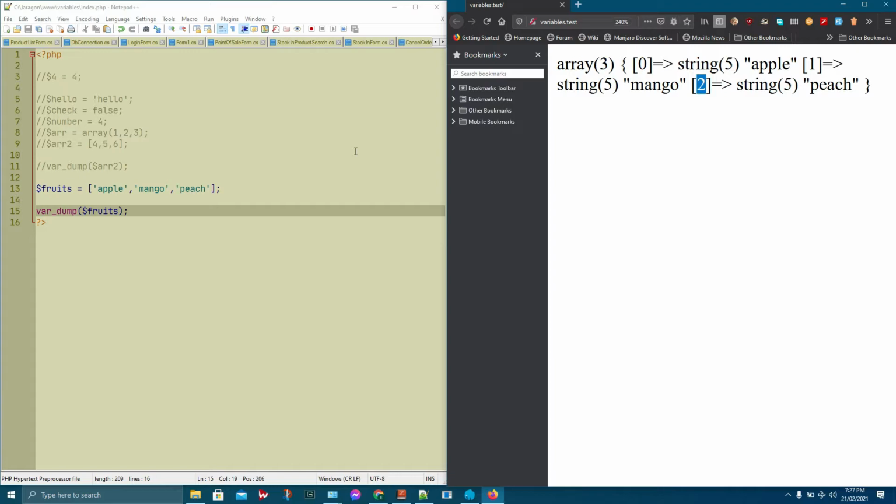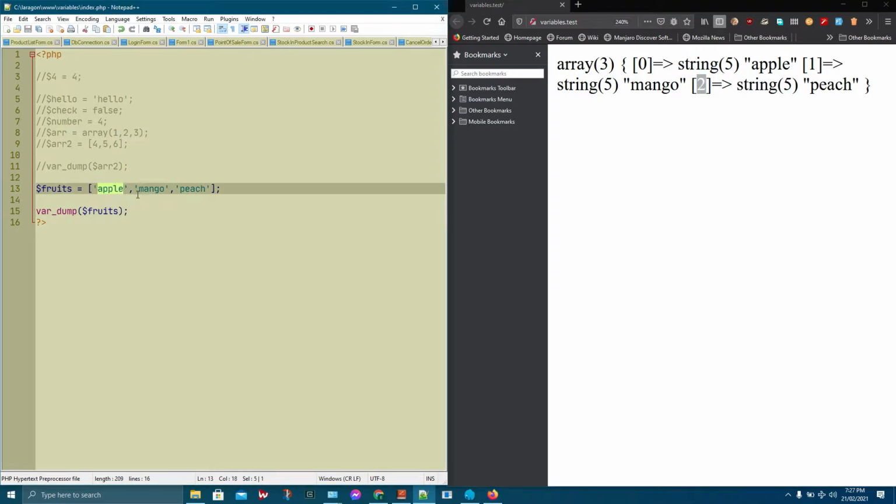What is happening is with arrays, if you do not give an array key to it, it gives an array index which starts from 0. So apple will be index 0, mango will be index 1, peach will be index 2. Now, we could do it the other way where we give it a key and that key has a value, and that value will be whatever we give to it. For example,